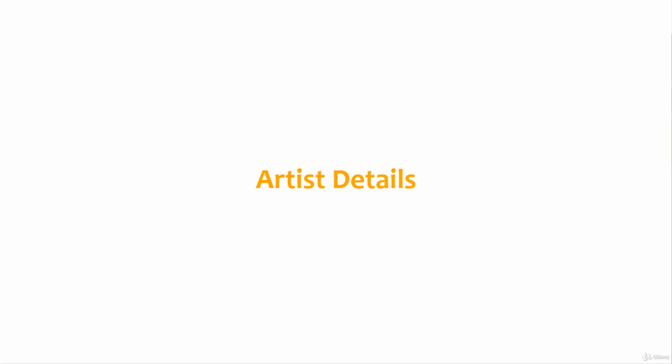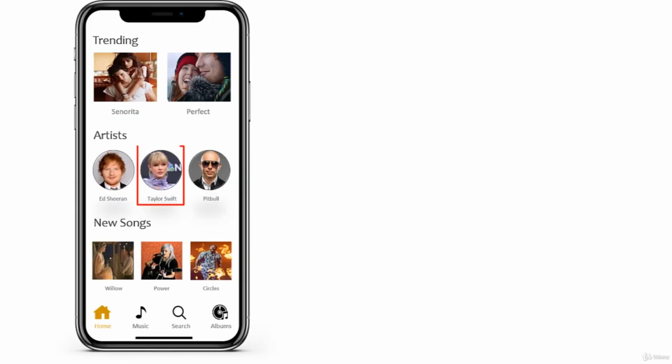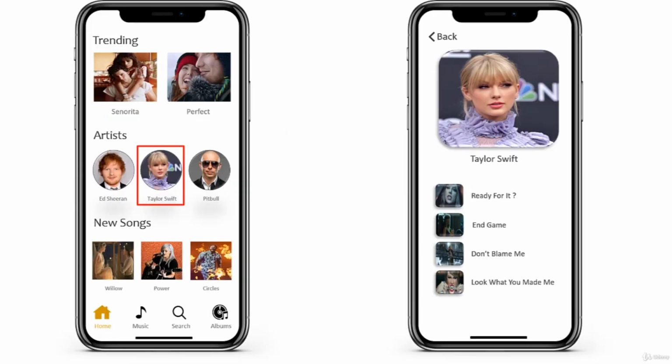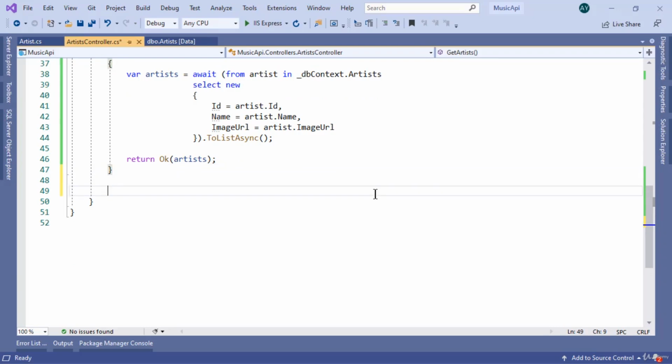In this lesson, we're going to start our work with the artist details method. Earlier, we worked with the getArtist method, which returns the list of artists. And if the user then selects an artist, we need to display the details of that particular artist. So inside the artist controller, let's add a method of type IActionResult,